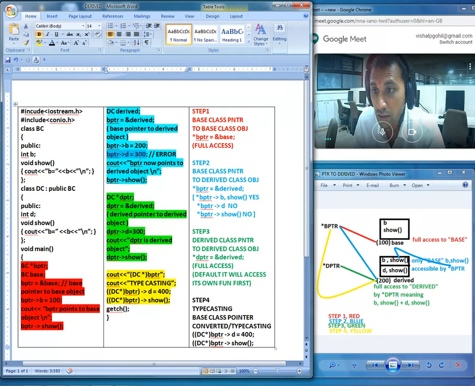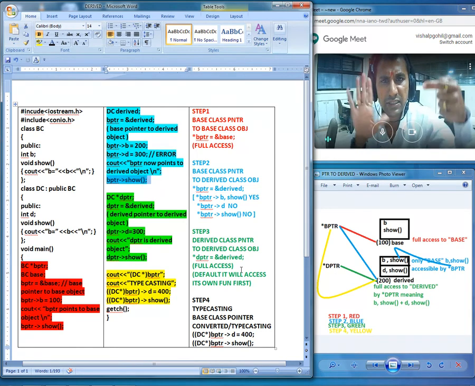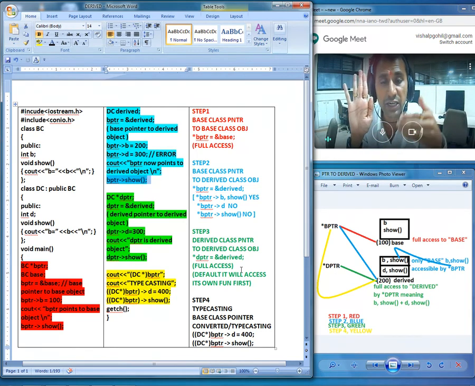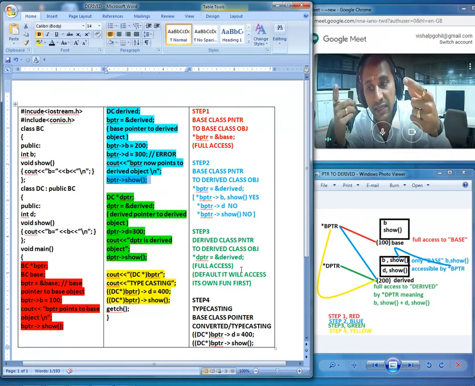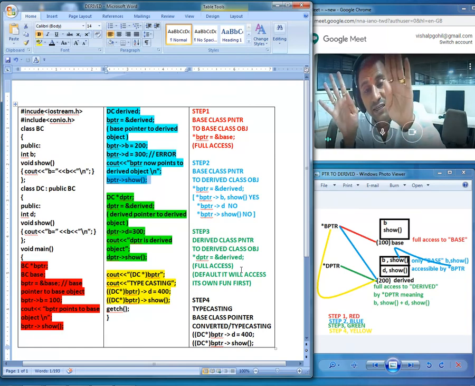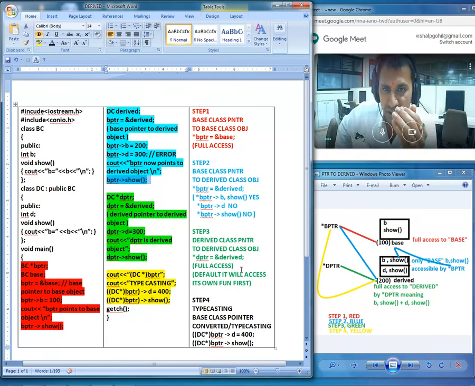All right, so we cannot set the values in the derived object's d variable. So this part will give you the error. Of course, in this particular line, the base class pointer is pointing to the child class object and making a call to the show function. Now if you remember, the base class itself has a version of the show function. So it will directly go to the same function and execute its own copy. So the bptr pointer, even though it is pointing to the child class object, will be executing the show function of its own.